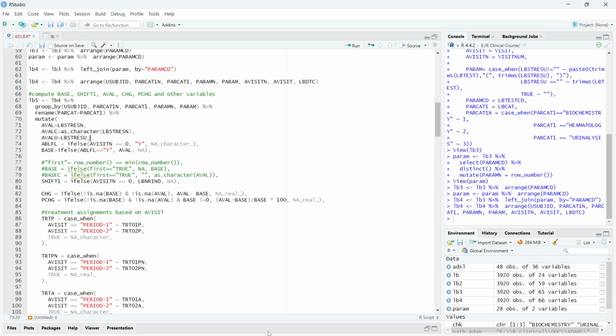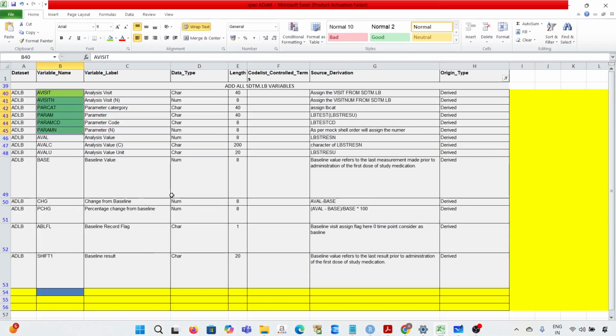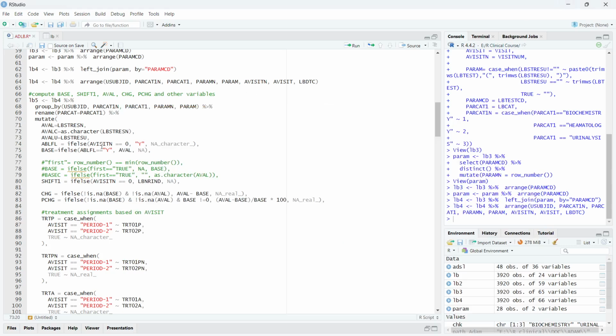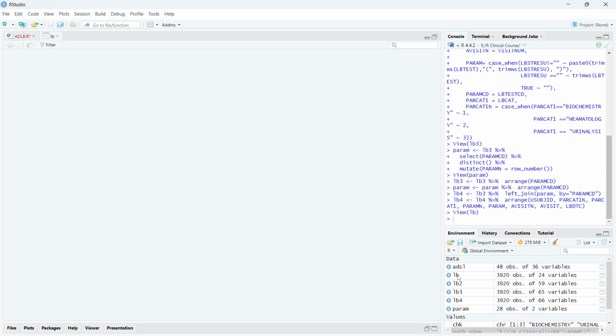Then we have baseline flag. When you check the baseline flag, these three are quite straightforward, so simple. Then baseline analysis, baseline flag. The baseline visit assigns the flag; here the 0 time point is considered as the baseline point. So the values prior to administration, at 0 time, will be considered as the baseline flag. So here, if else, if visit equal to 0, so when you check laboratory data